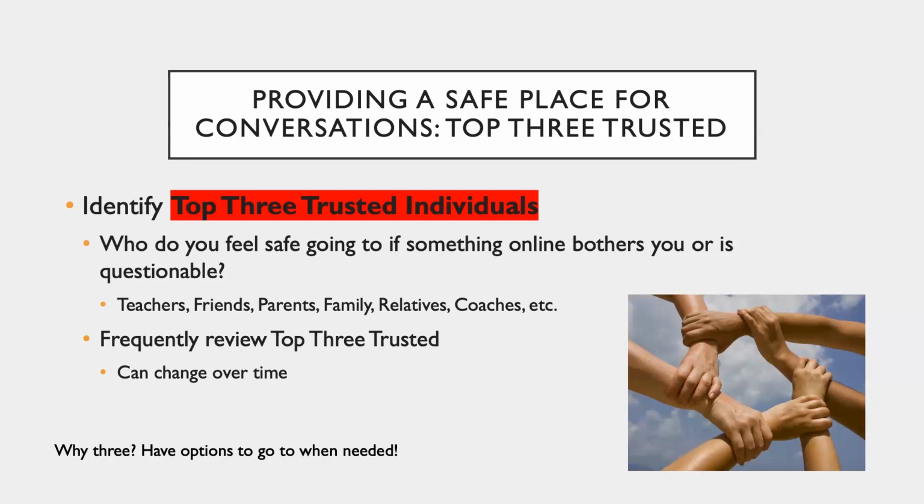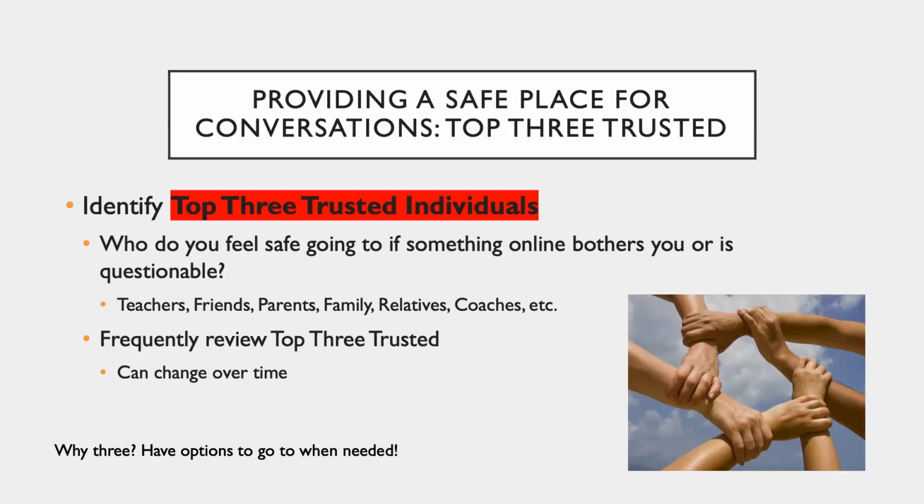So a top 3 trusted means you have 3 people you feel very safe going to and showing them this. Okay, hey, I got this message. They told me not to tell anyone, but I feel safe talking to you about it. So the purpose of having 3 different people in this network is if something happens and my first person is out of town or gone, I can go to the second person. If the second person's not there, I can go to the third person. I have backup for when I need to talk to somebody about something that happens online